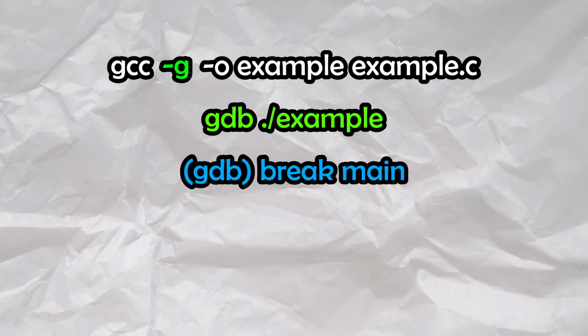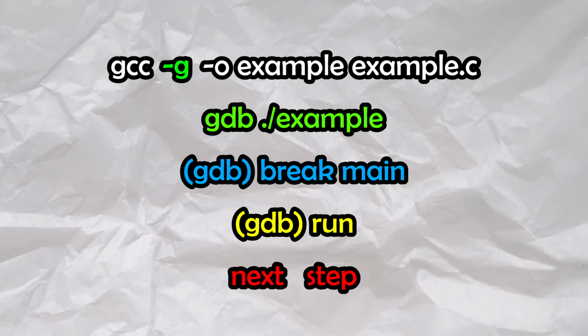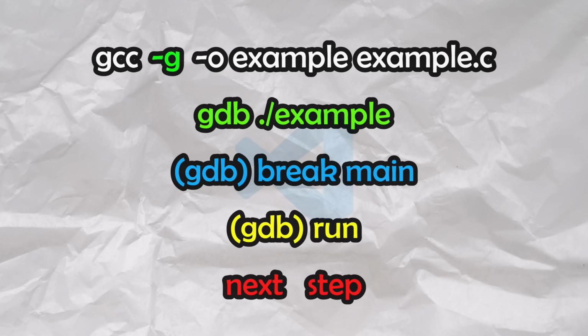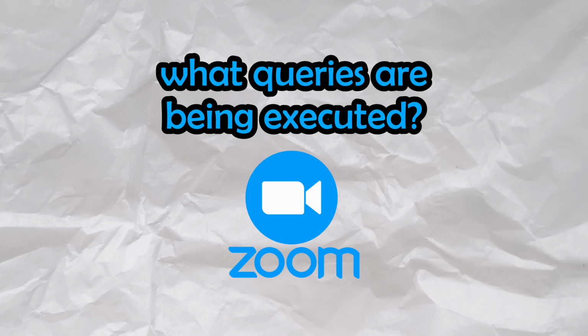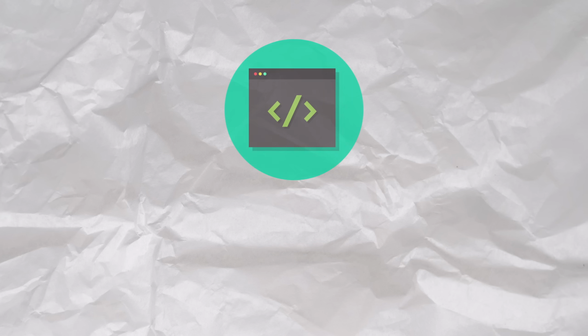Once the program is compiled with all of these debug symbols, you can now begin debugging with the following command, set your breakpoints, run it, and you'll have access to the next or step commands to progress through your code. All of this happens automatically when you debug using your IDE. Getting back to our Zoom attack, we wanted to see which queries are being executed by the application. Now that we know that we don't need source code to debug, let's go ahead and set a breakpoint at